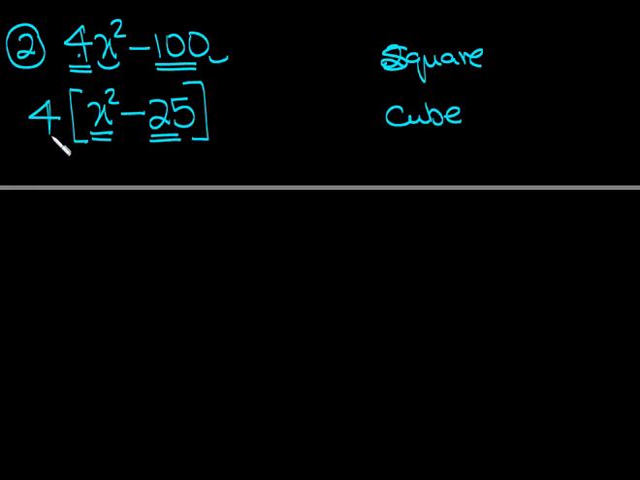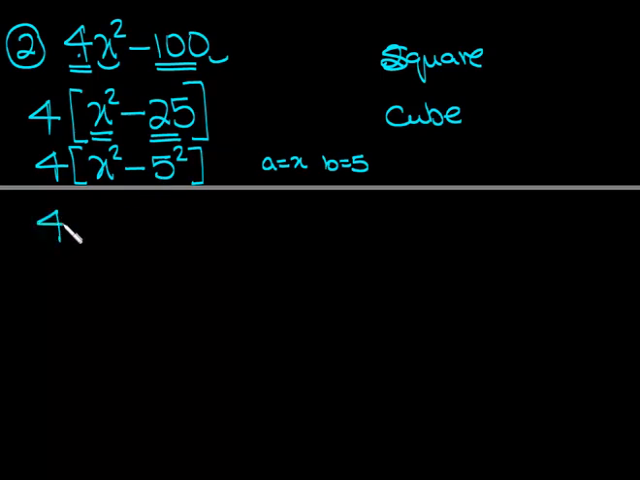So ask yourself, can I write both of these numbers as either squares or cubes? If I can, then I can use one of those formulas. So let's see. I have x squared, which is already written as a square, but then I can write 25 as 5 squared. So that's good. I was able to write both of them as squares, so I want to use difference of two squares. In this case, my a is x and my b is 5,